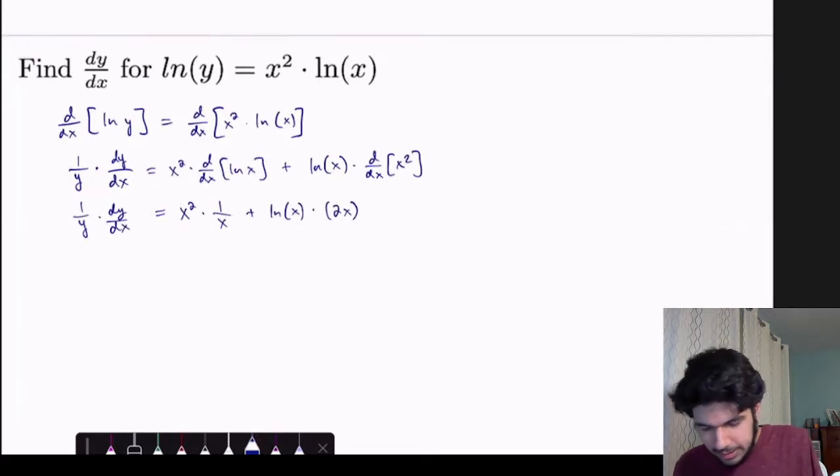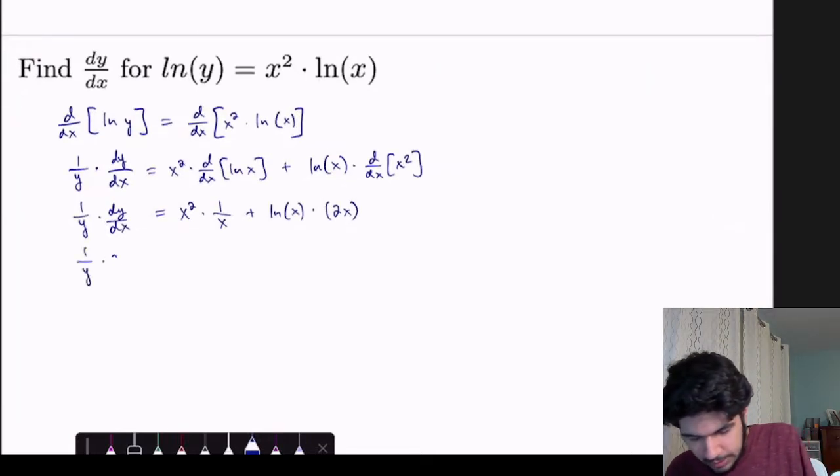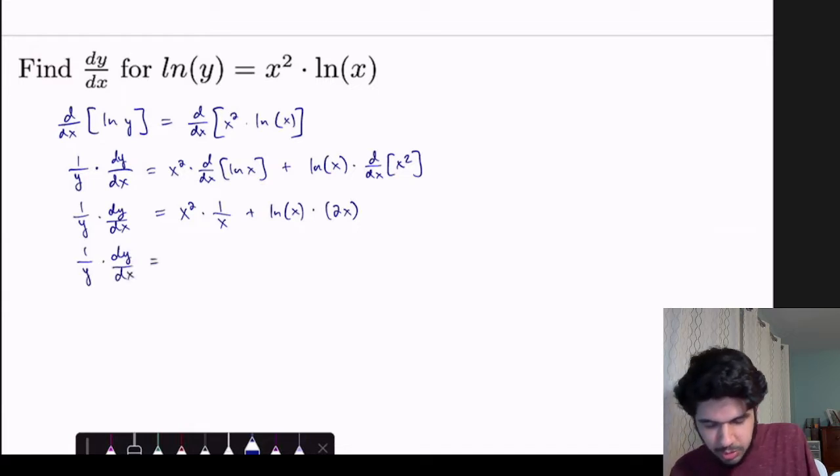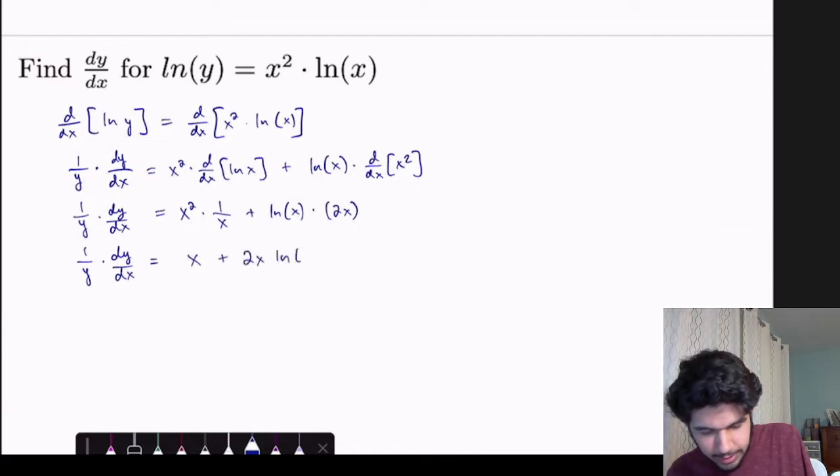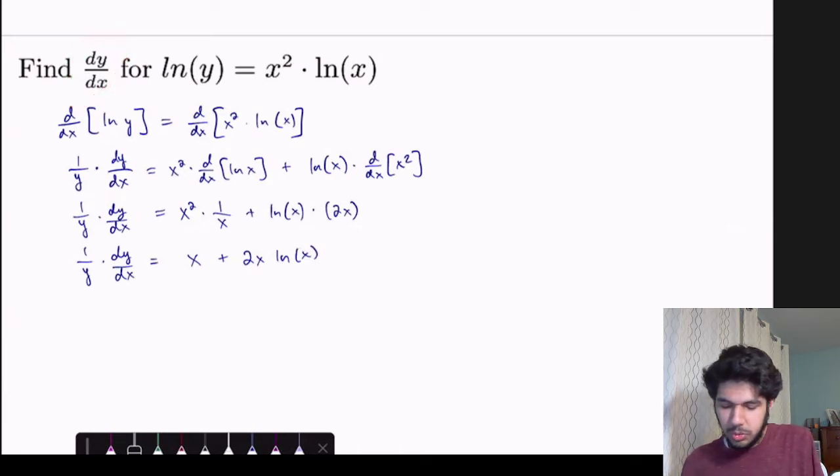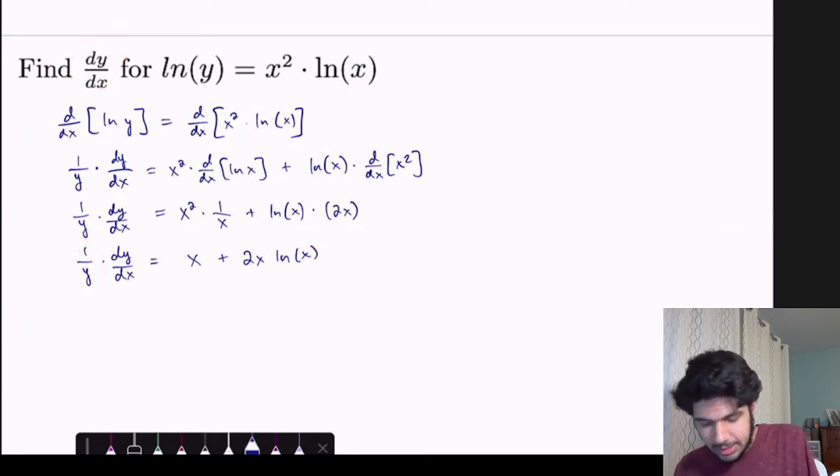Okay, so let's simplify things a little bit. Keep the 1 over y times dy dx. And then here we get x squared times 1 over x is x, plus 2x ln of x. And remember, we're solving for dy dx, so we should multiply by y on both sides. And we'll get dy dx equals x plus 2x ln of x